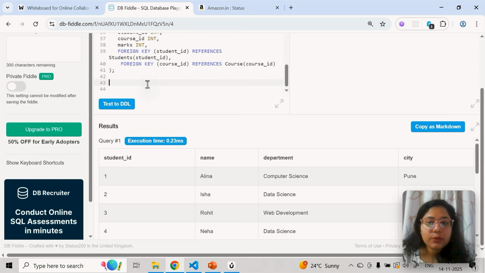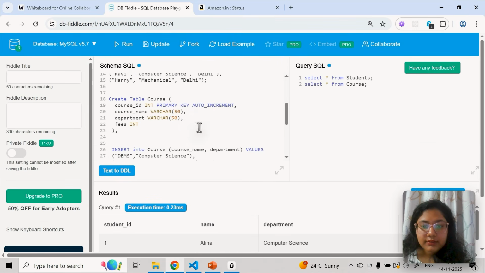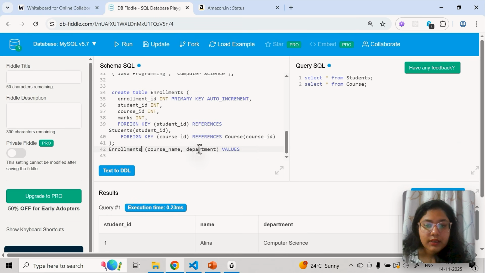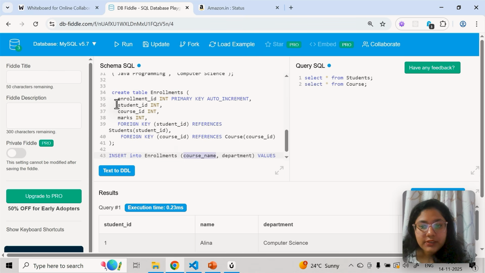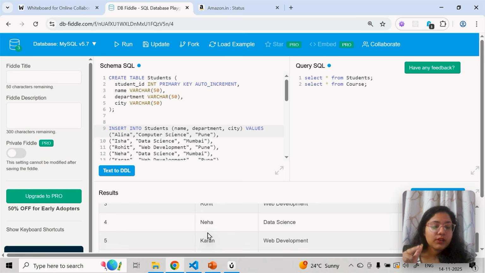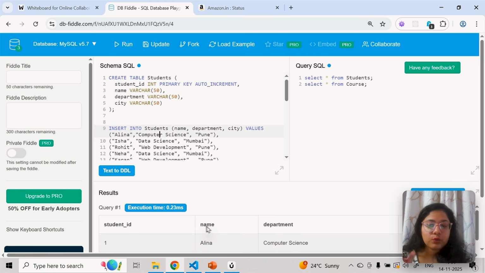Okay, now for the enrollment table, what do we have to define? Insert into enrollments. Then what is the first thing we have? Student, because the enrollment ID will come automatically, it's auto incremented. Then I have to define course ID, then marks. Now remember one thing, whatever course ID or student ID you're defining has to be present in the student table. If it's not present, there will be a problem. That's why I did the query, so that I know which IDs are present here.